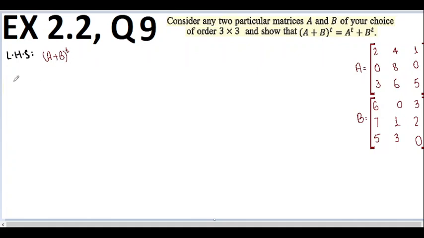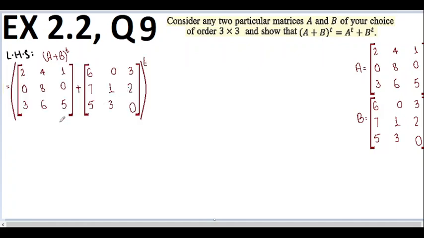We are going to find it. First of all, A plus B and then take its whole transpose. So we are going to write A plus B matrix over here and then take its whole transpose. So I have written the matrix A with a positive sign, and then the B matrix, which I've just copied from these two matrices over here, and with the whole transpose. This small t represents transpose, that we have to take the transpose of the resulting matrix.